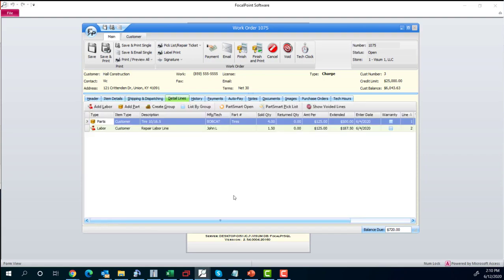Then what we do is we come into the detailed lines. This is where we have some functionality to really make this nice. So since this is a customer repair, you can come in here and see we have the 1016.5s. We got that from Bobcat. There's 4 of them, and they're going to be $125 a piece, and that's $500. You can see that the labor on here is John, and it's 1.5 hours, and the total on that is going to be